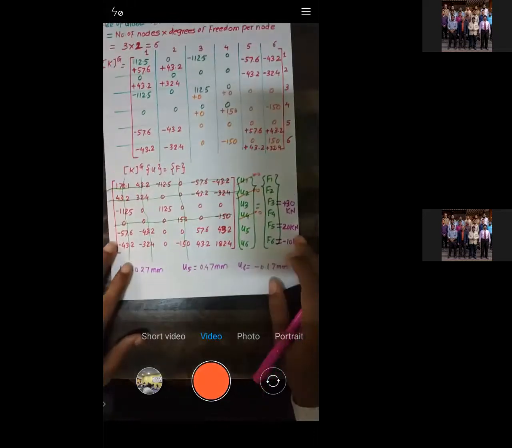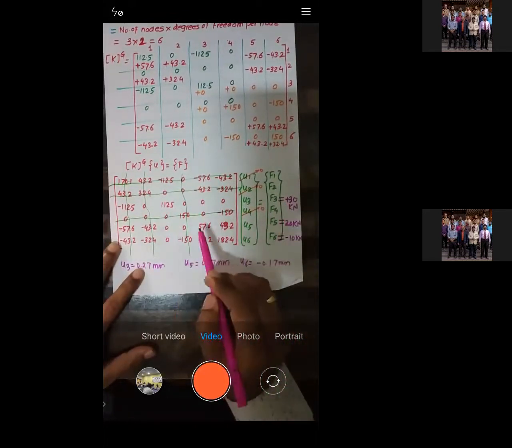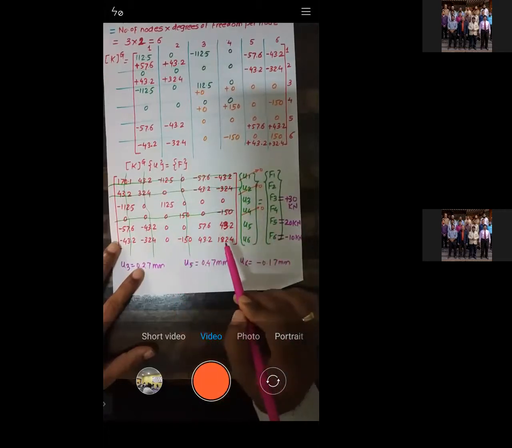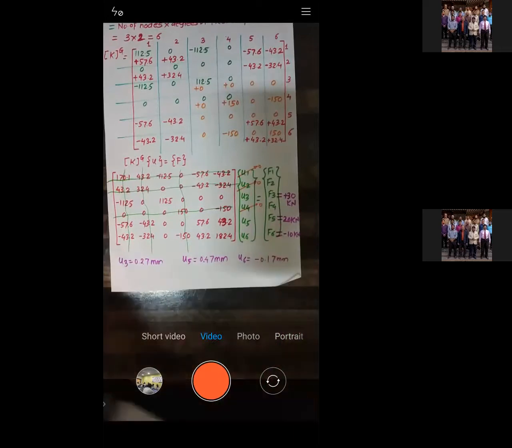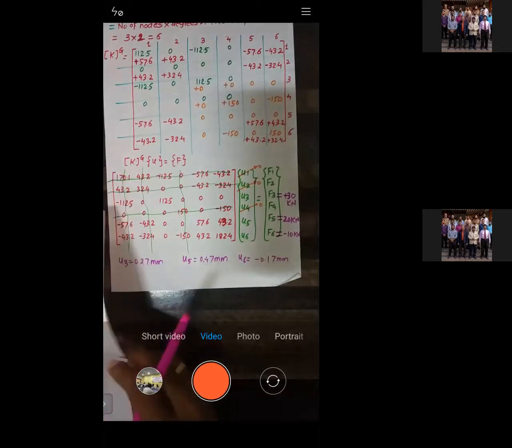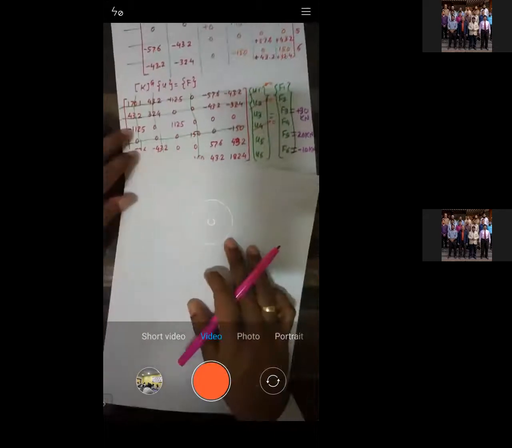So see what I have entered. This is A1, B1, C1, D1, right? A2, B2, C2, D2, A3, B3, C3, D3. That I have entered, so I got this value. Is there any doubt or difficulty you are facing with this equation? Let me know. Okay, how to solve it? Is it okay with this one?